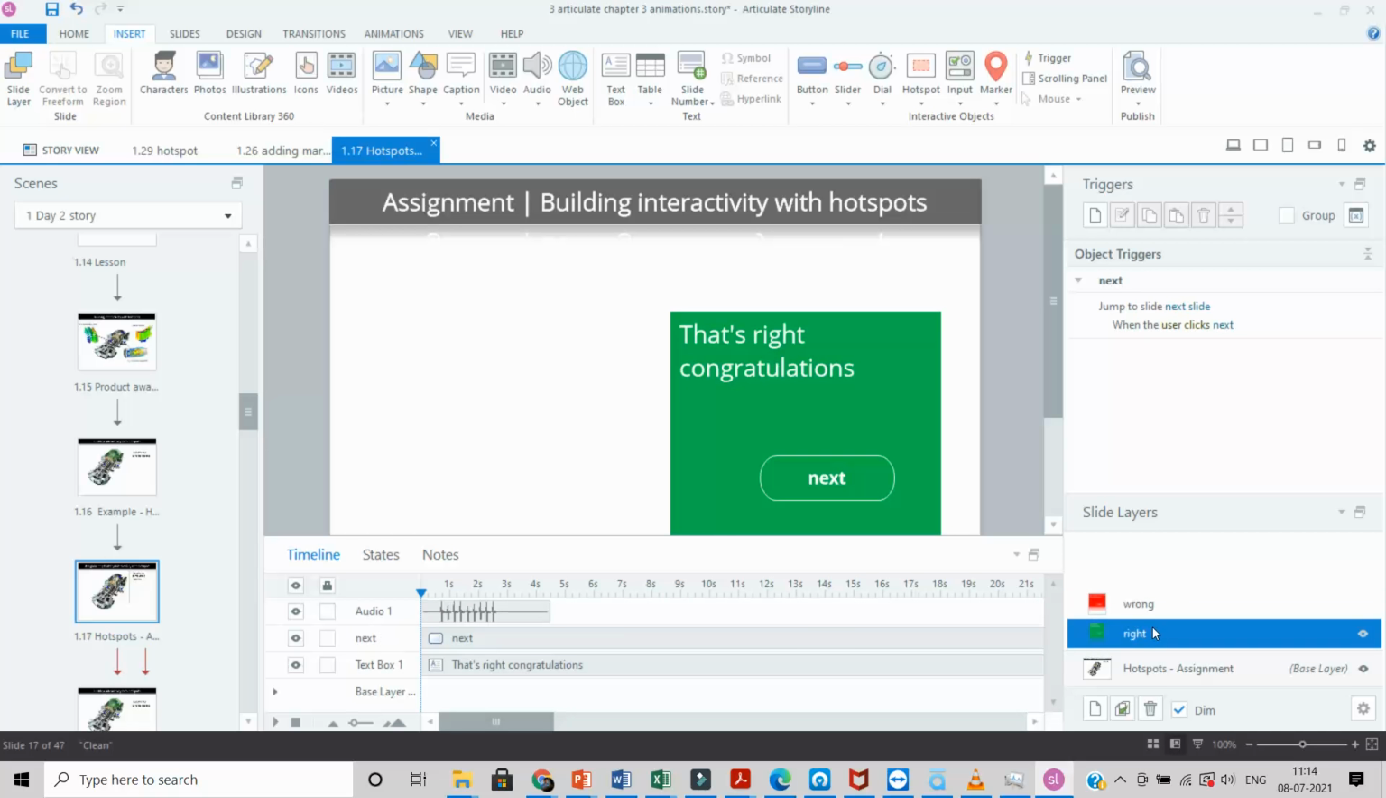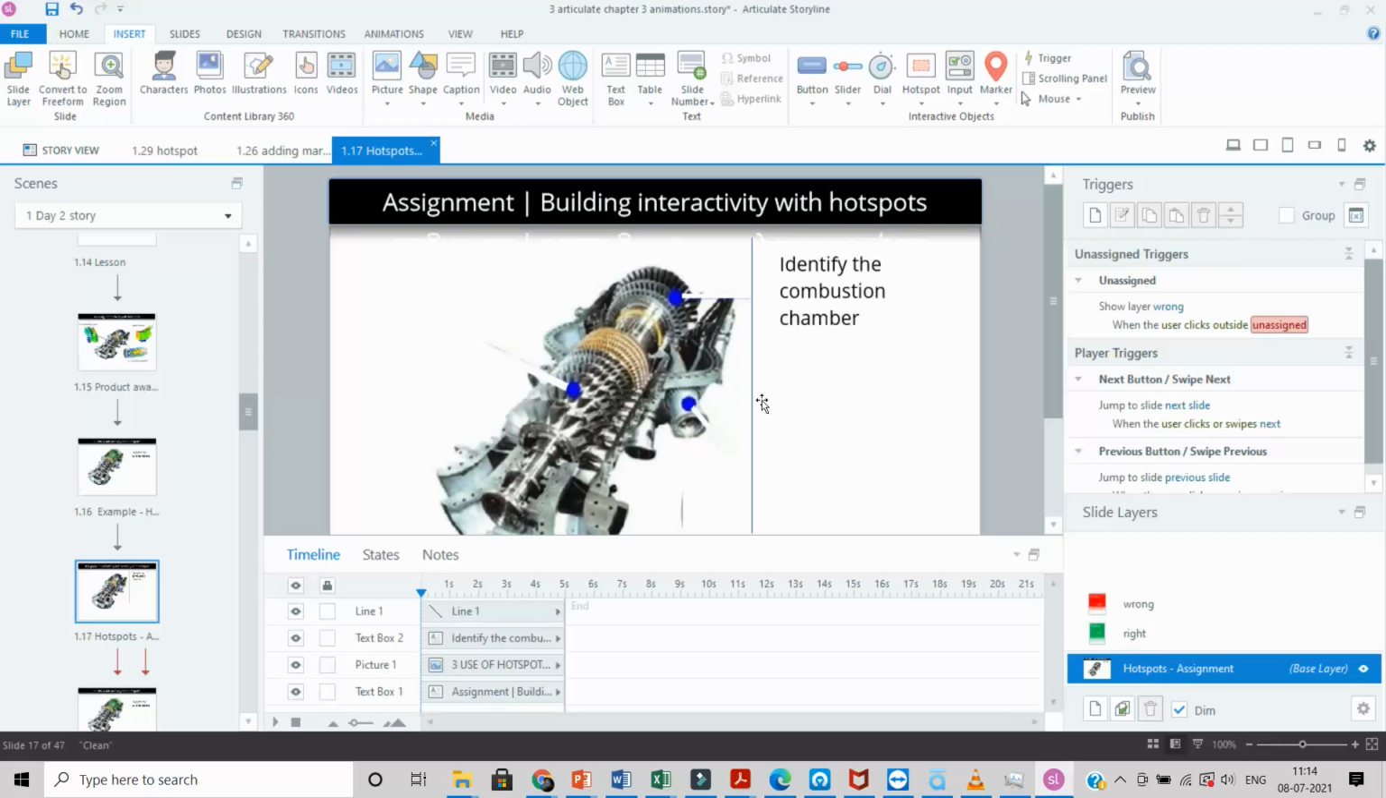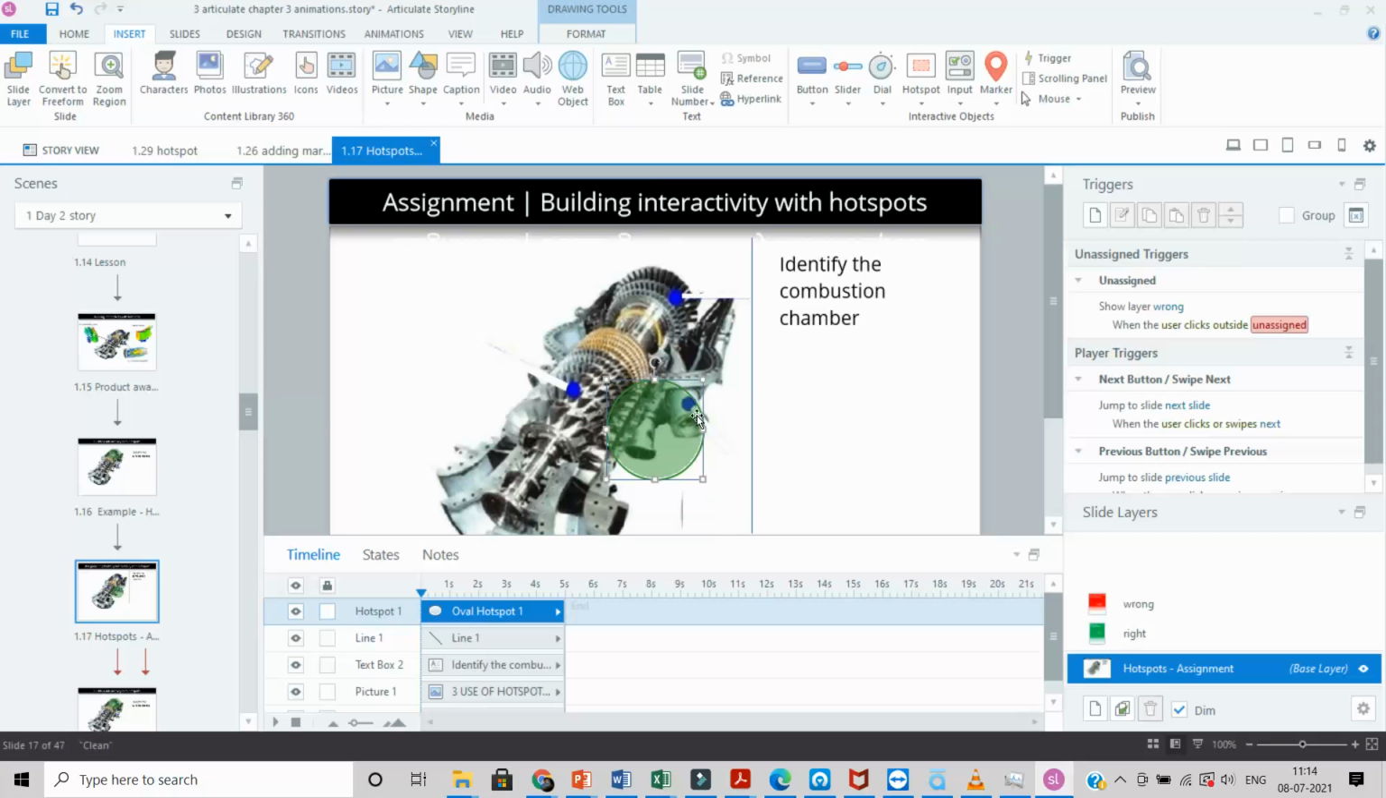Right, okay. So now how do I insert a hotspot to get that user interaction which I've been talking about? I click on Insert, I click on Hotspot. Now this being invisible won't be visible to the user. I will be putting it around the combustion chamber so that when the user clicks anywhere near this, he will be shown the right layer. So it will be like he has absorbed the concept. Or if he clicks on, say, the turbine blades or shaft for that matter, then obviously he hasn't understood